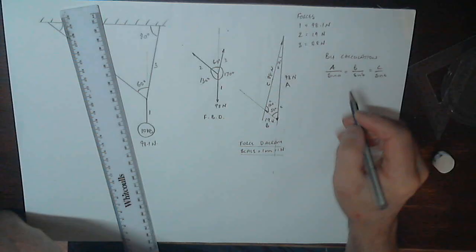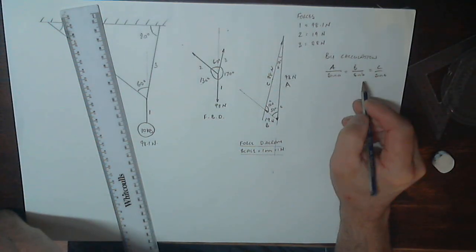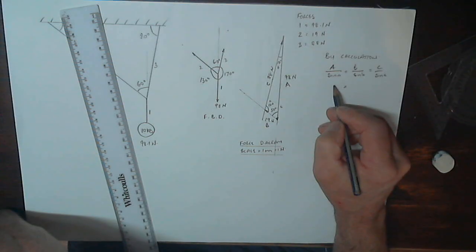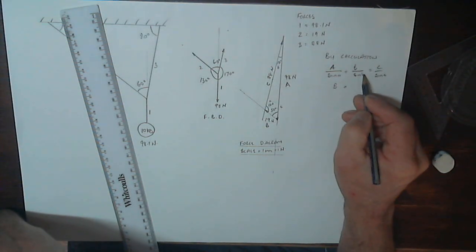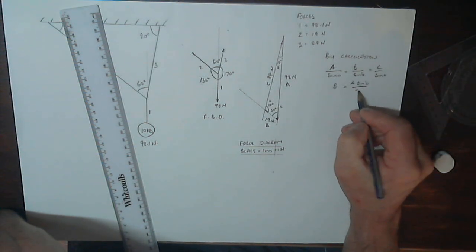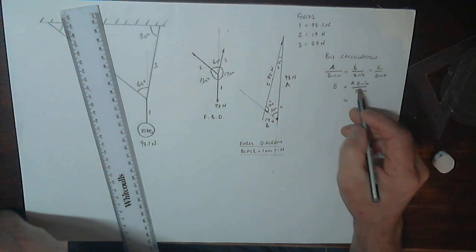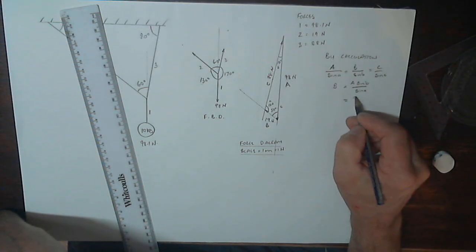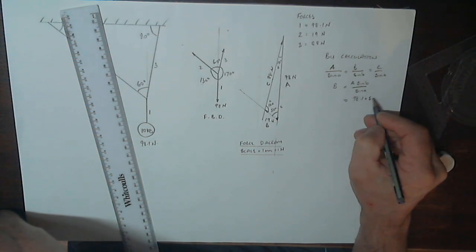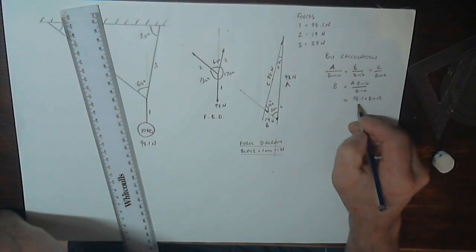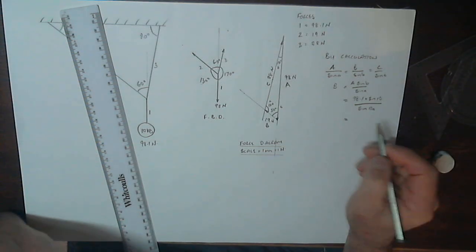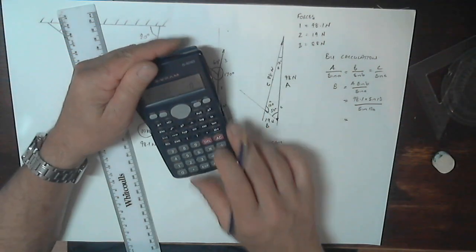So to find B, we can use the first part of the sine rule, and we'll just start from here and transpose it for B. So that means that B, the sine B goes to the top, equals A sine B over sine A. And writing it out fully, so that means 98.1 times sine, and B is 10, over sine 120 equals,